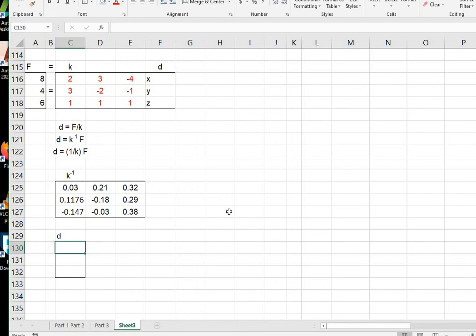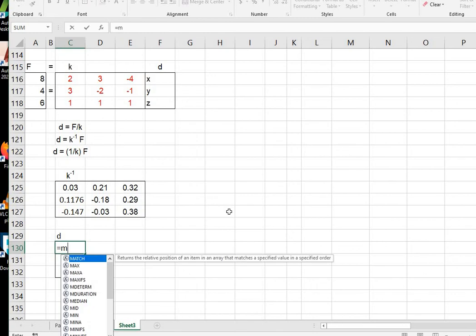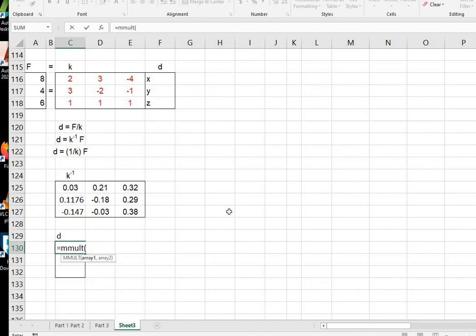Now, this would be equal to M mult, open parenthesis, okay, then i-highlight mo yung K inverse, lahat yan, comma, tapos yung F matrix, yan, and then close parenthesis,